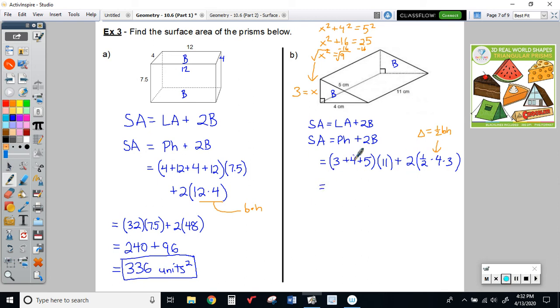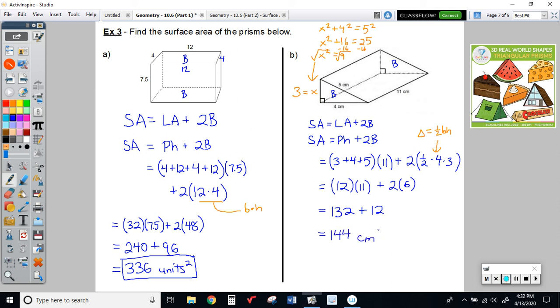So we've got 3 plus 4 plus 5. That's 12. 12 times 11 is going to be 132. And then this 1/2 times 4 times 3. Half of 4 is 2. 2 times 3 is 6. So you'd have 12 for 2 times 6. Put all that together and you've got